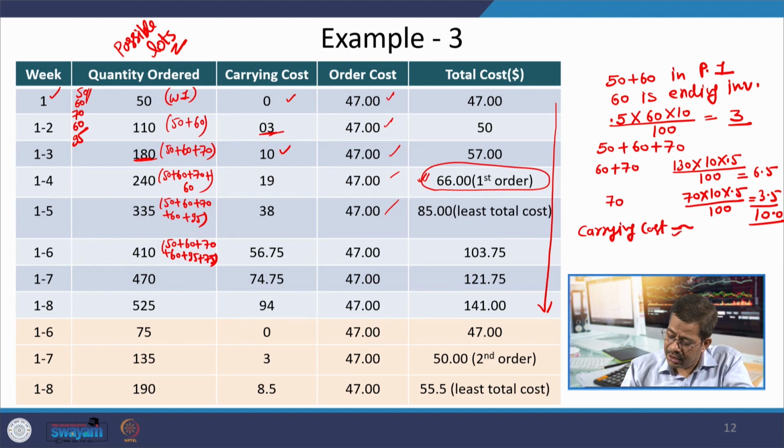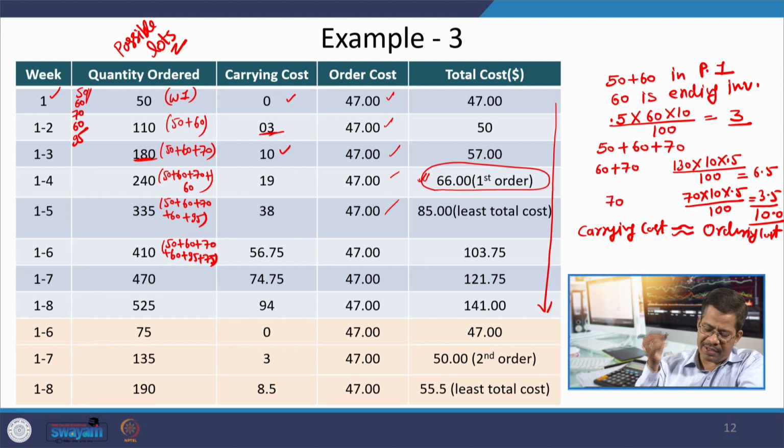If you see, the lowest total cost is 47, but here the difference between ordering cost and carrying cost is very huge, 47 units. In the second instance, the total cost is 50 and the difference has slightly reduced, it is 44. Further the difference has reduced, it is 37, and further it is 39, and